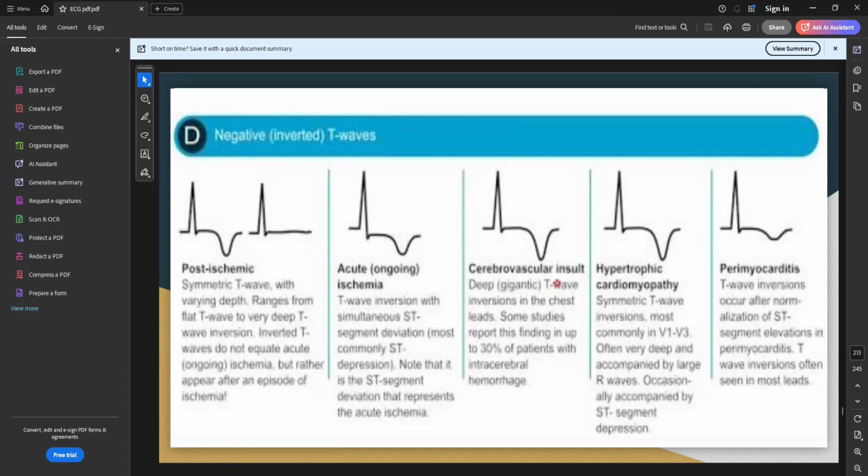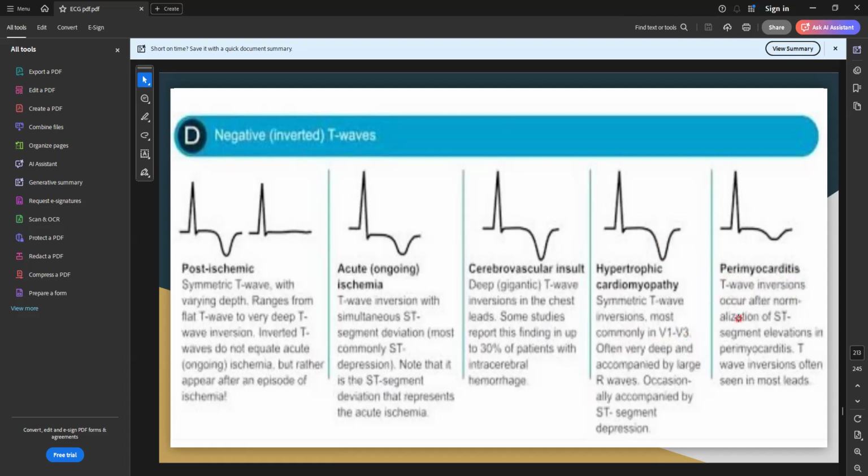In case of cerebrovascular insult, where the patients are having intracerebral hemorrhage, you can see the deep gigantic T wave. See, this T wave inversion is there, but compared to this, it is okay. But here you can see the gigantic T wave inversion is there. Coming to hypertrophic cardiomyopathy, you will see symmetrical T wave inversions commonly in lead V1 and V2. In case of perimyocarditis,